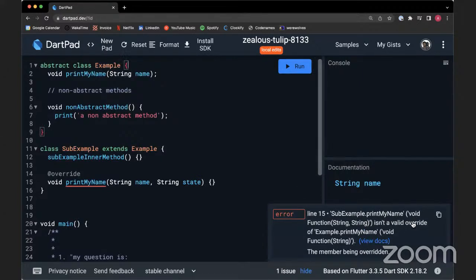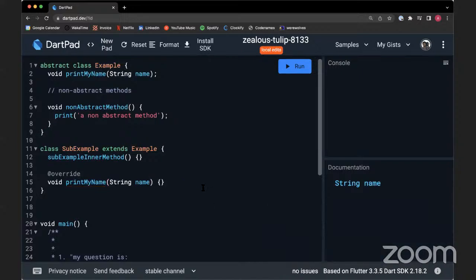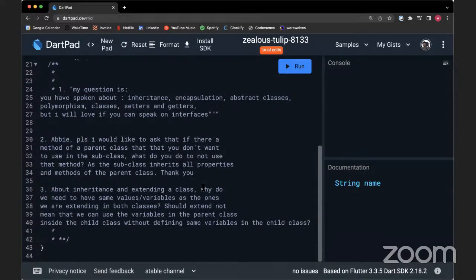sub-example's print my name isn't a valid override because here you can see that it has 2 arguments as opposed to what we have existing inside of the parent class. So just the way you have it in your abstract class, you're expected to inherit it just the same way. There are no exceptions, really. So it's a principle, it's a feature, it's a concept, it's a law, it's a rule,